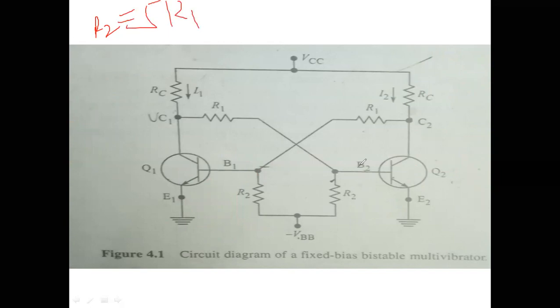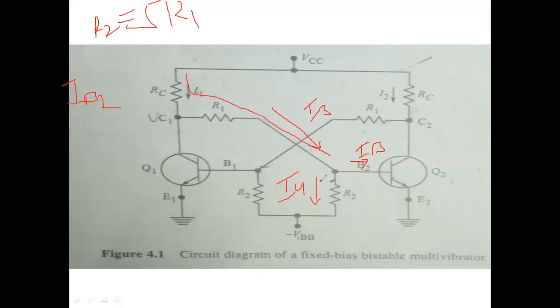In order to get the second equation, I have considered this current, the IB current, for an on transistor. In this direction one current is coming, which you can consider as I3, and in this direction another current, which is I4. Incoming equals outgoing, therefore I3 equals I4 plus IB. You want to know IB, so IB is nothing but I3 minus I4. How will you get I3? This is your I3 current.